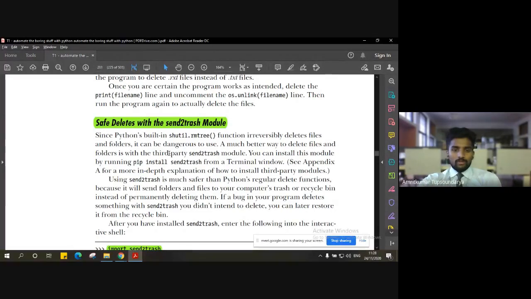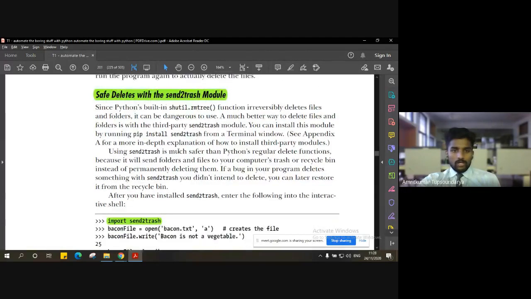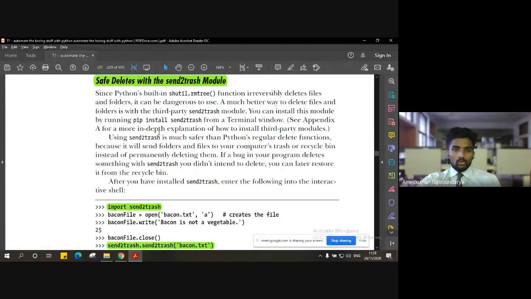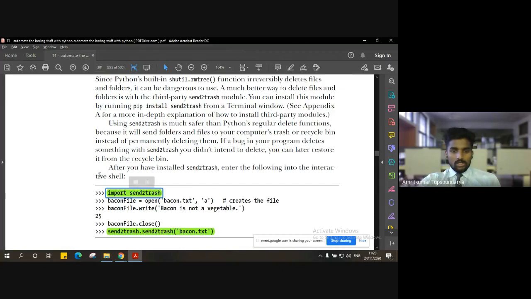You have a separate module for that, which can send a document or a folder directly to trash. It is called send2trash, and we have to import it in order to use the functions provided by this module.